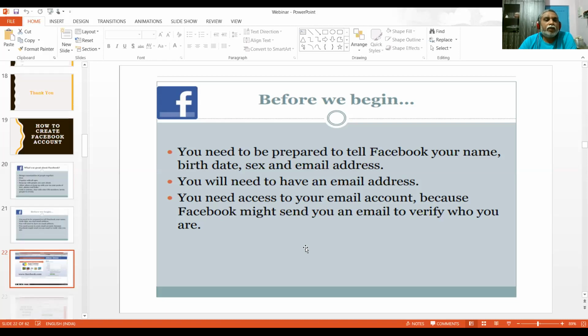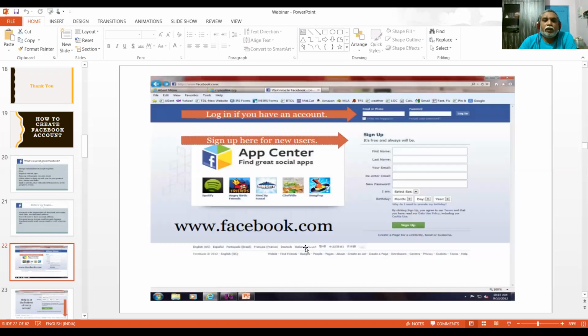Then in Google you type Facebook, and this type of Facebook page will appear. If you have a Facebook account, you can use your username and password to log in there.